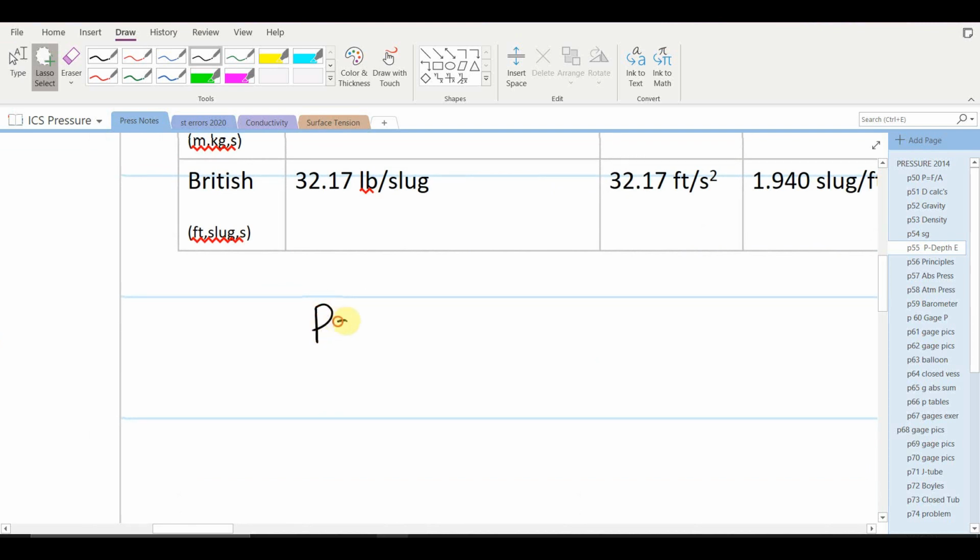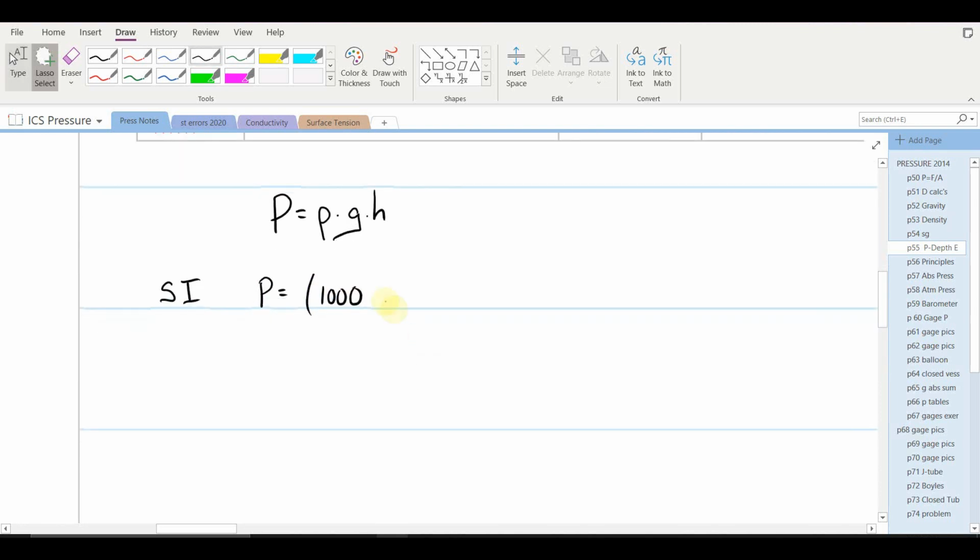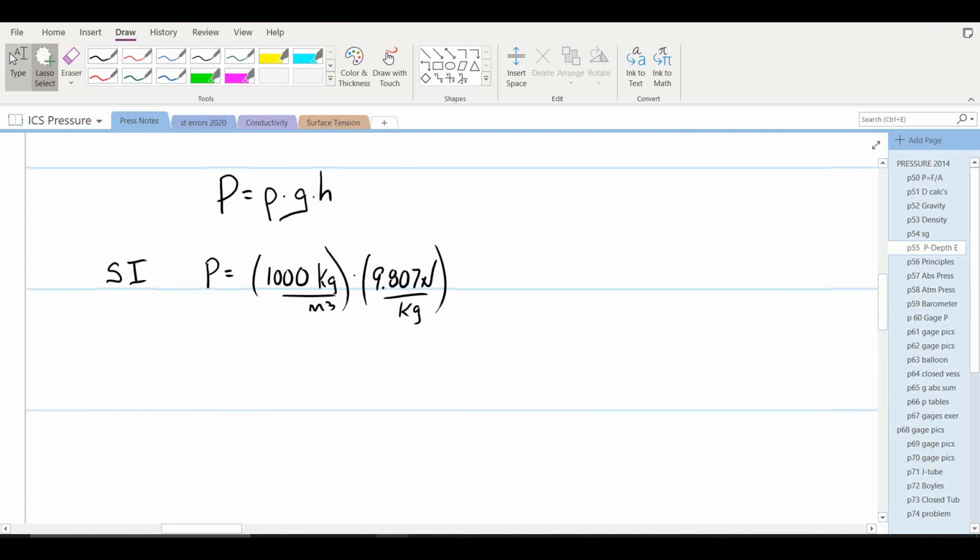So we have P equals rho G H. We'll work first in the SI system, and the point of this is to get comfortable with these units. So I can say pressure, mass density in the SI system is 1,000 kilograms per cubic meter. The gravitational constant in the SI system, that's the weight per unit mass, is 9.807 newtons per kilogram. And we want the height in terms of meters. 251 centimeters is 2.51 meters. And that works out to be